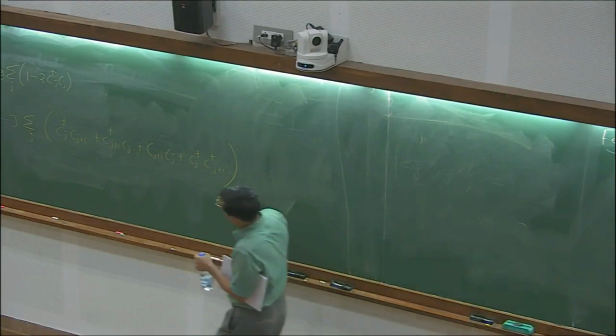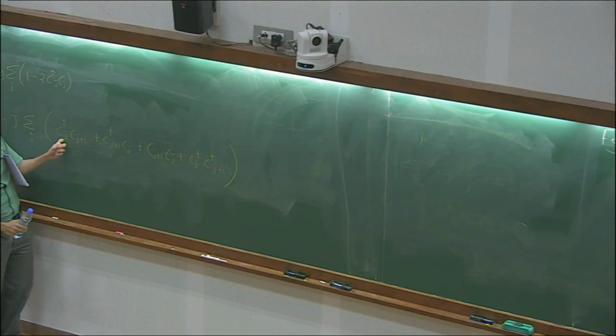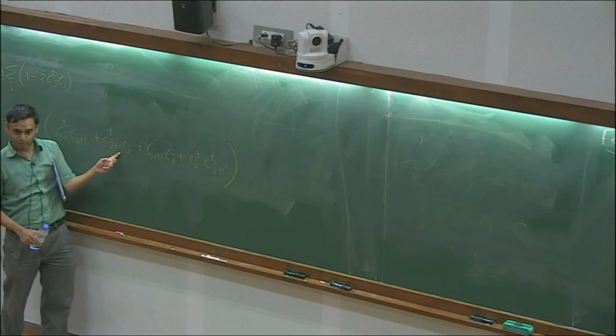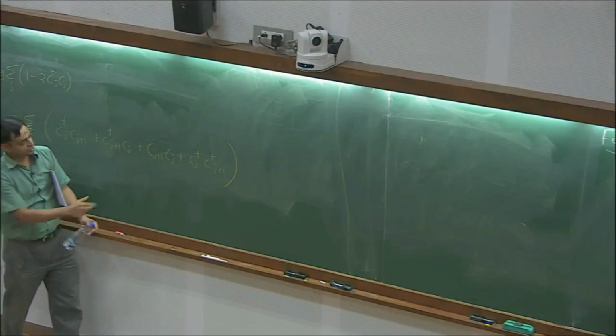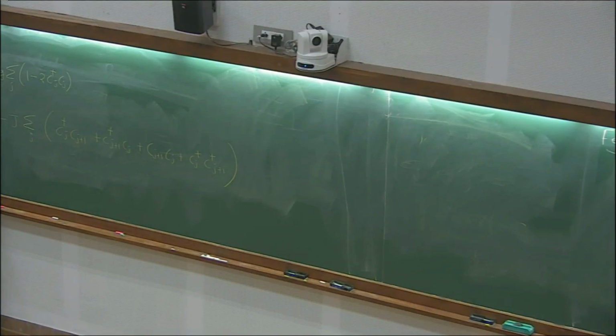This is some strange Hamiltonian for fermions. It counts the number of fermions at every site. It makes fermions hop. So it destroys a fermion at j plus 1, puts it at j, and vice versa. This is the complex conjugate. But it also creates pairs of fermions, right? And destroys pairs of fermions. Right? It's a strange Hamiltonian.